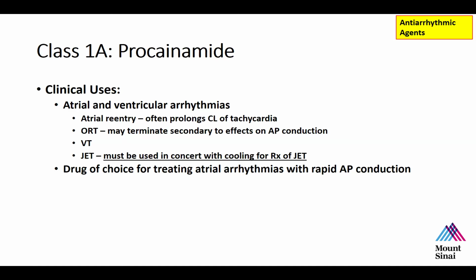Orthodromic reentry, it's a very effective agent because it has direct effects on accessory pathway conduction. In the past, before the era of ablation, which again, everybody needs to remember that ablation with catheters only really became available in the very, very early 1990s, like literally in 1990. So it's really only been around about 30 to 35 years. And prior to that, if a patient had, let's say, a cardiac arrest, one of the things that would be done is a patient would be taken to the cardiac cath lab, and they would see what the impact of procainamide was on accessory pathway conduction times.